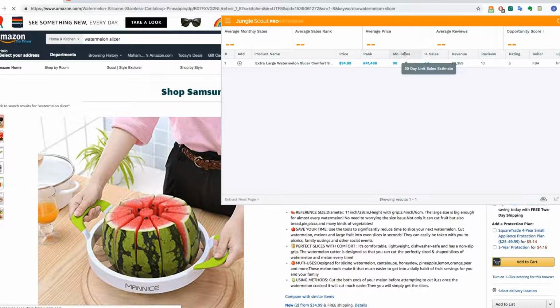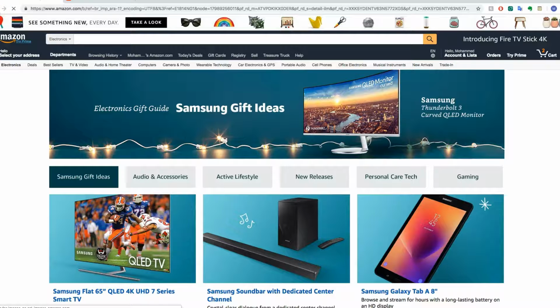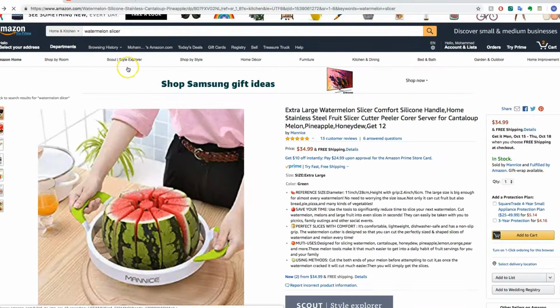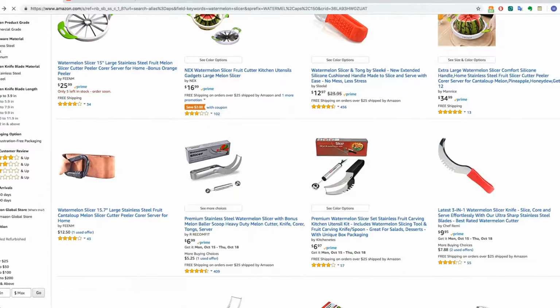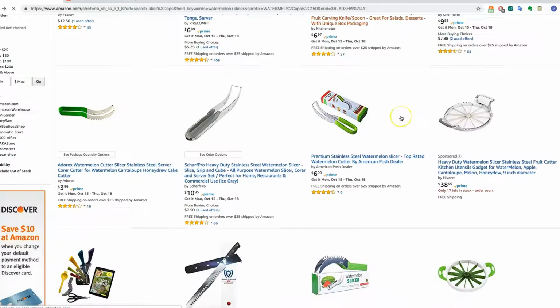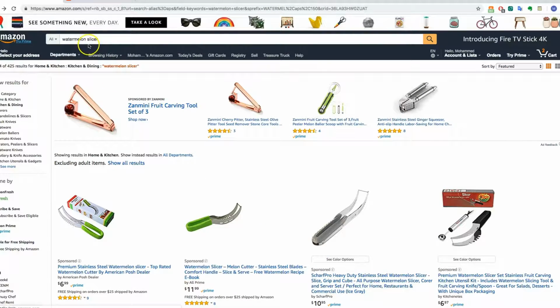I hope this thing works. They sold 90 of them. They made around 4,000 bucks, which is not bad. There is a market for that. And I'm looking for proven sales, right? This is not a bad product. This is a new product basically. People are selling this for 20 bucks, and it first came on Amazon. People were selling